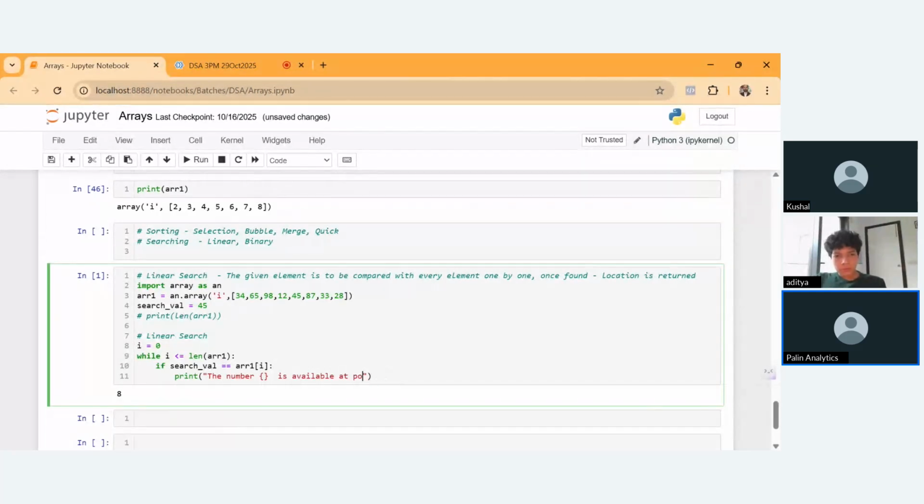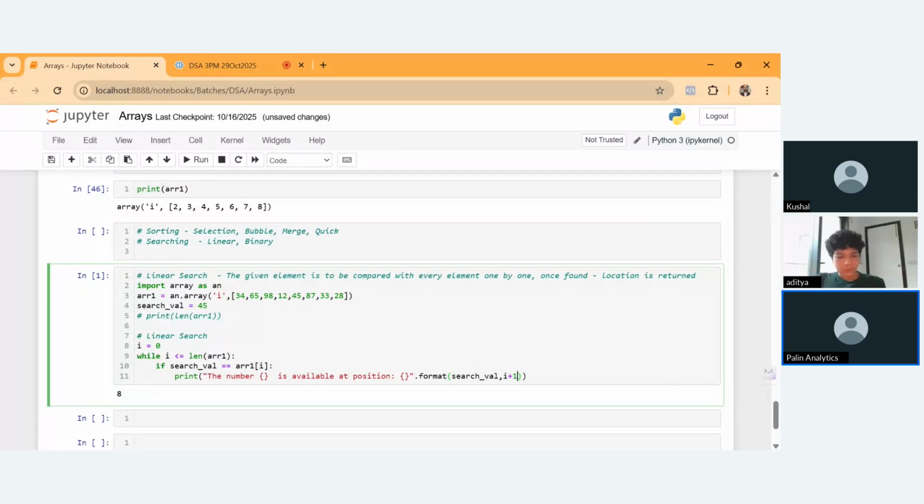We'll see position, and here we'll give it in format. I hope you remember this output format. So here we'll give search_val, comma, and here I'll give